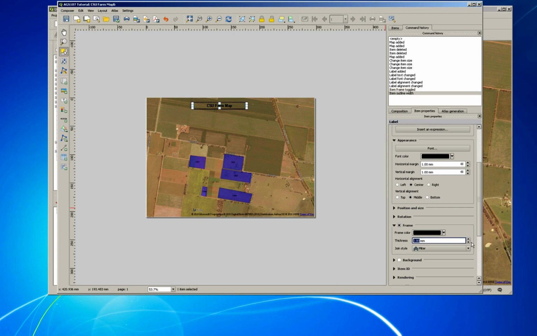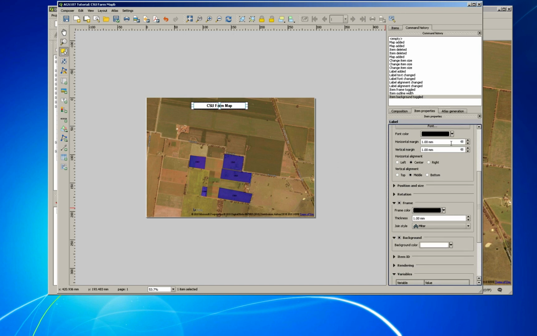I'm going to increase the thickness. I don't know if the instructions say that or not, but either way I've increased the thickness. And likewise I might put a background in there. I can change the colour, but I'm quite happy with white for the purposes of this demonstration. You can have a look at some of the other menu items as well, and you can of course adjust